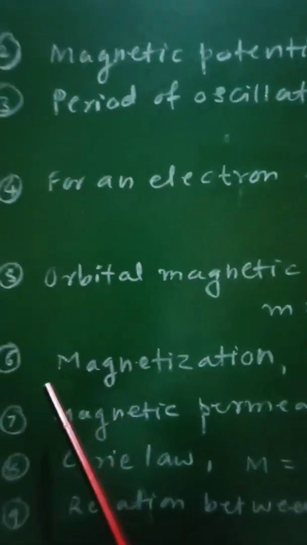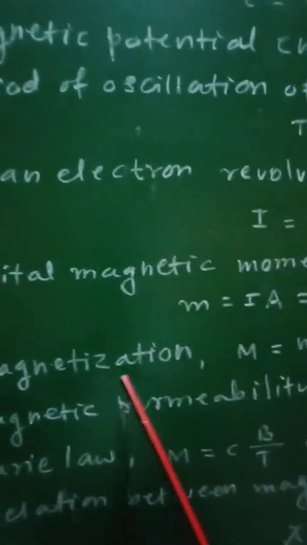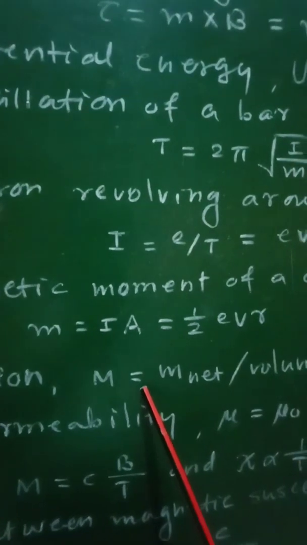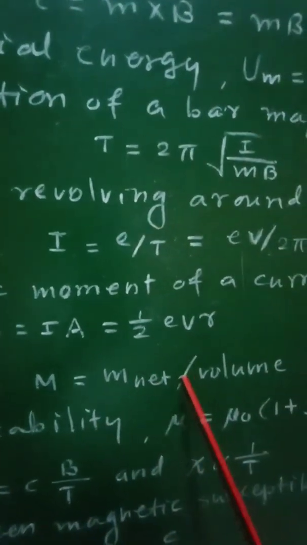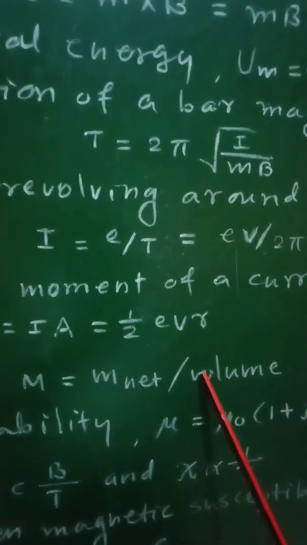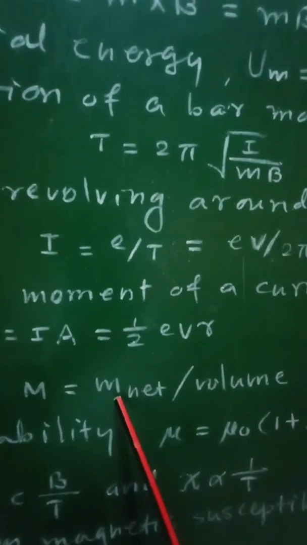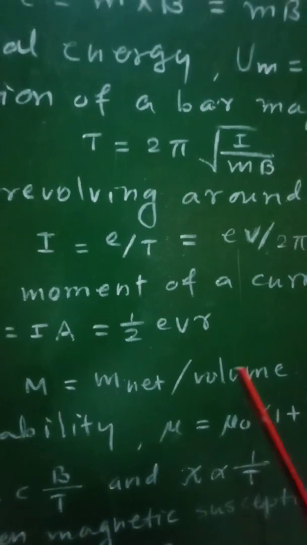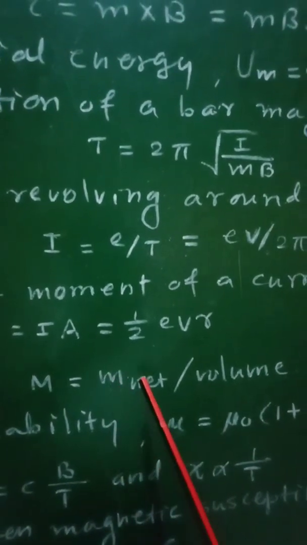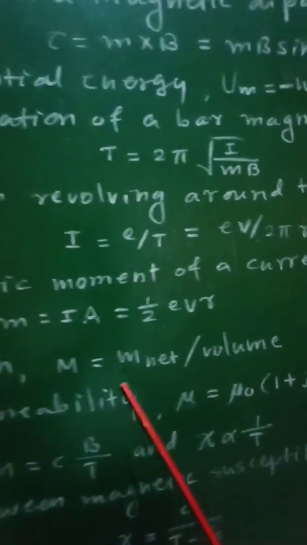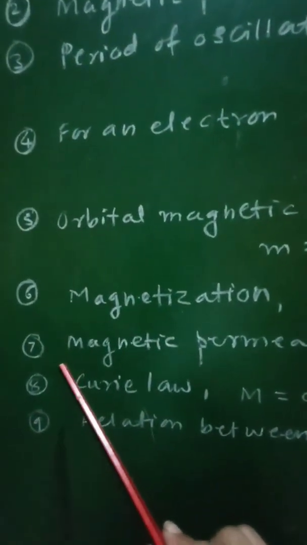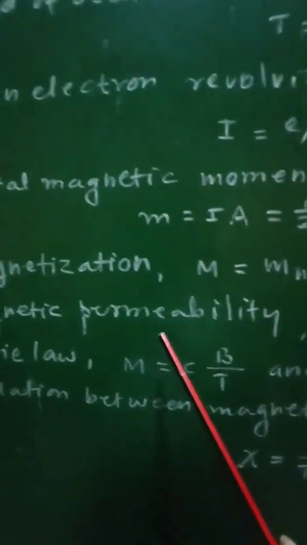Sixth formula gives the formula for magnetization. So magnetization M is equal to m net per unit volume, that is net magnetic dipole moment per unit volume of that sample. Net magnetic moment per unit volume of that sample will be magnetization. Then seventh formula gives magnetic permeability,